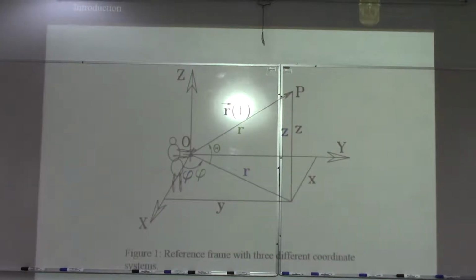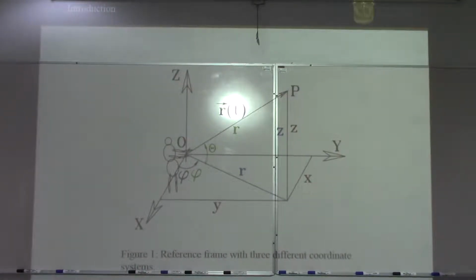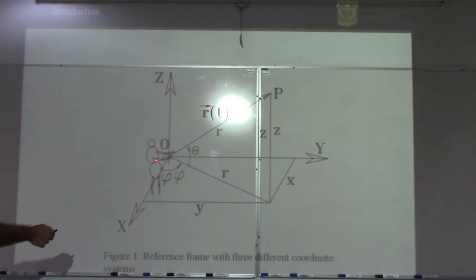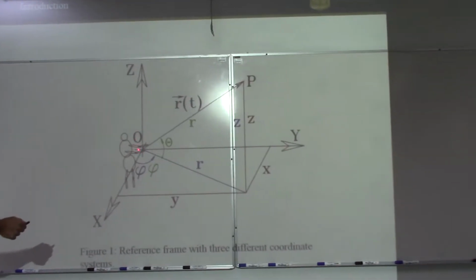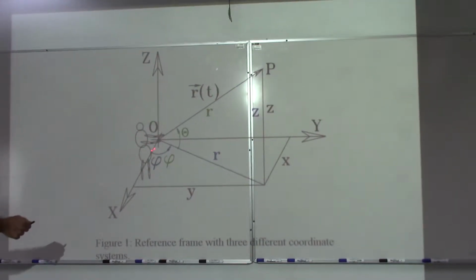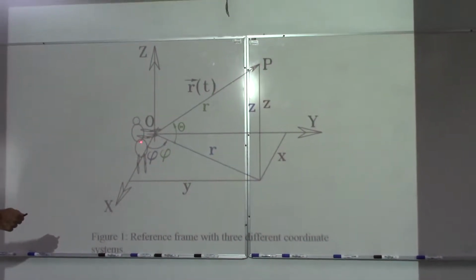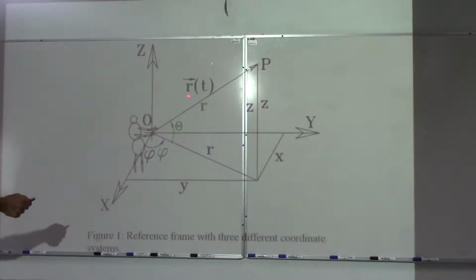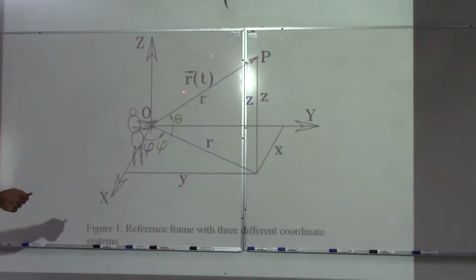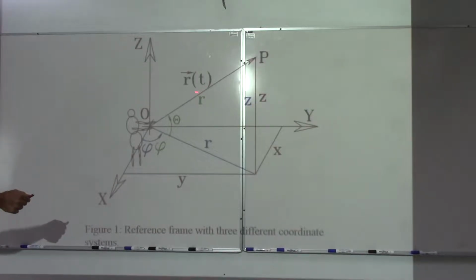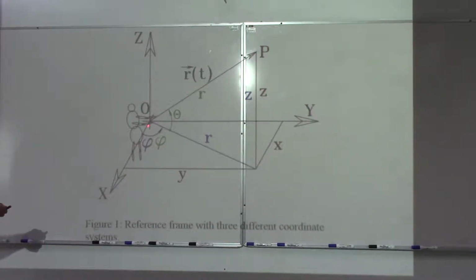A reference frame, put simply, is only a person with two things, a clock and a ruler. We are going to assume that with those objects, the person is able to define the position vector of any point P as a function of time. That's enough for our reference systems. But